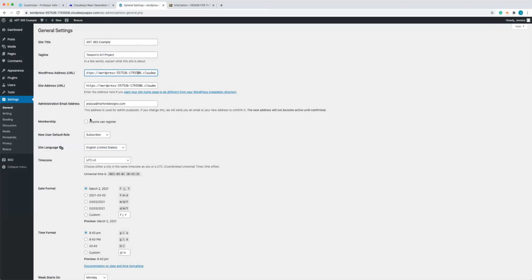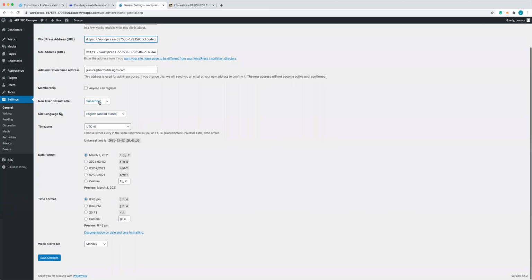You can have a membership section. We're not going to use that. If we create new users for somebody, we can say they're automatically going to be a subscriber. They're going to be an author, administrator. These will set the limitations that people have when they're on your website. Administrator is obviously going to have access to everything. Editor can edit most things. Author can only contribute to